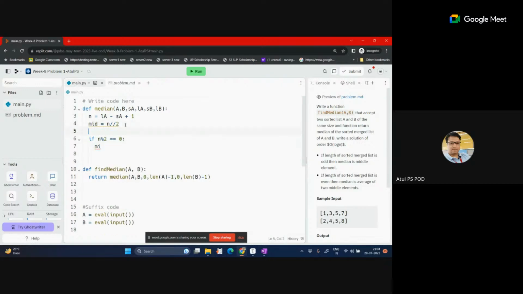So we can use mid of A equal to simply SA plus mid. So this is the value of mid. And for mid B,